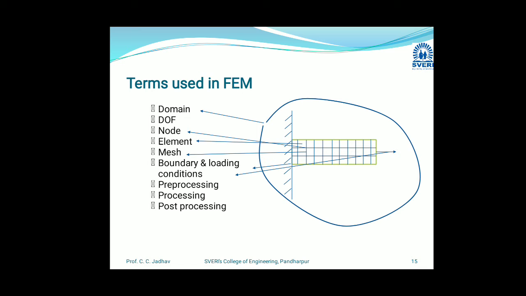And last, that is the post-processing. In post-processing, it involves checking all the desired results like displacement, stress, strain, natural frequency, temperature and time, etc. So in this post-processing, we just have to check whatever results we get after applying the loading and boundary conditions in the processing phase. We have to check those results in the form of displacement, stress, strain, natural frequency, temperature, time, etc. This is the last step of the finite element method.